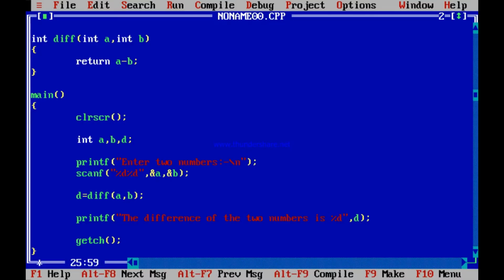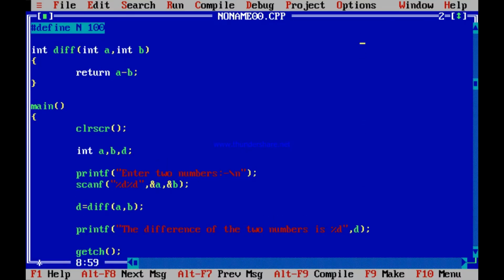Okay, fine. You can change this and make it product. Instead of sum and difference, make it product. Then instead of difference, you call product, and receive the product in a variable called p. So you declare this not as d but as p.